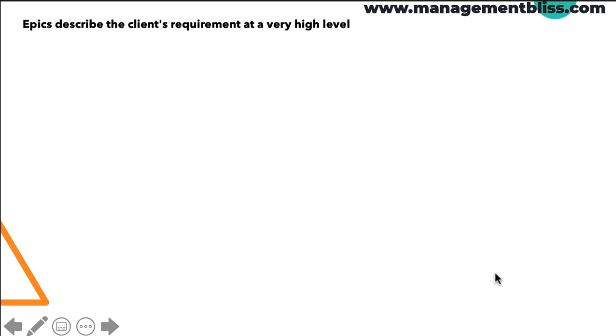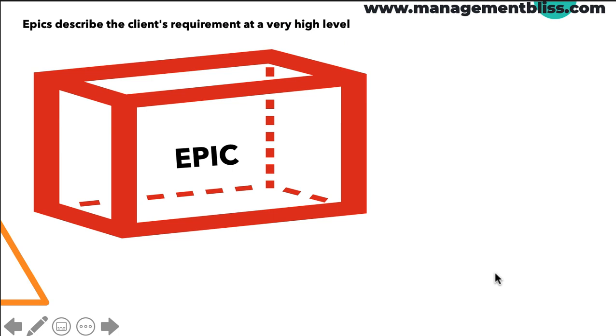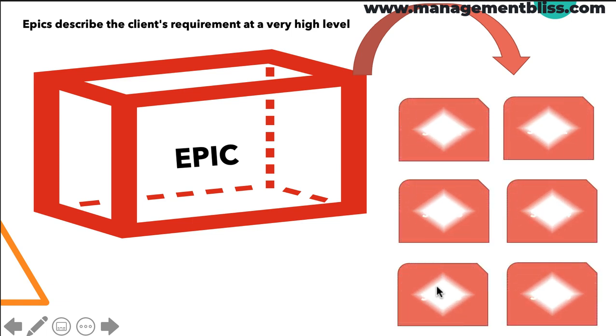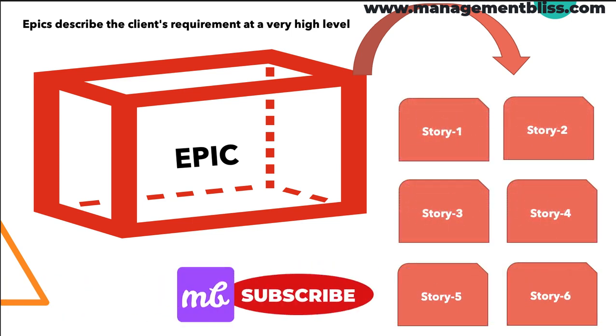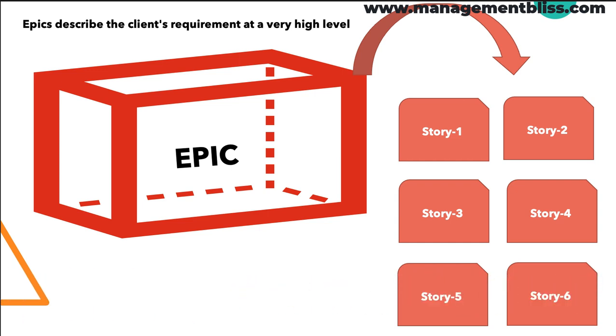The literal meaning of epic is vast and exceptionally long activity. And when we talk about epics in the agile world, they are enormous bodies of work that take a long time and effort to complete. These epics need to be broken down into smaller pieces of work called user stories to be developed and shipped. Creating epics provides a hierarchy to massive work and hence makes its management effortless.